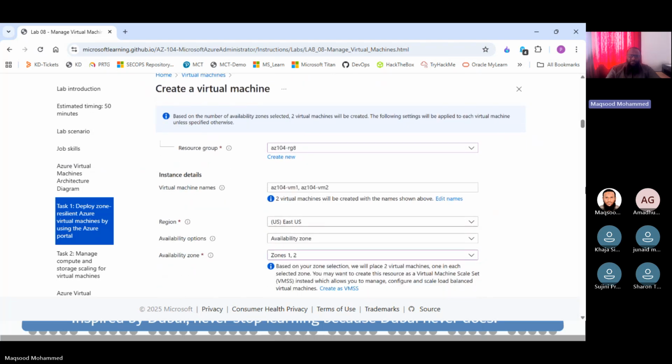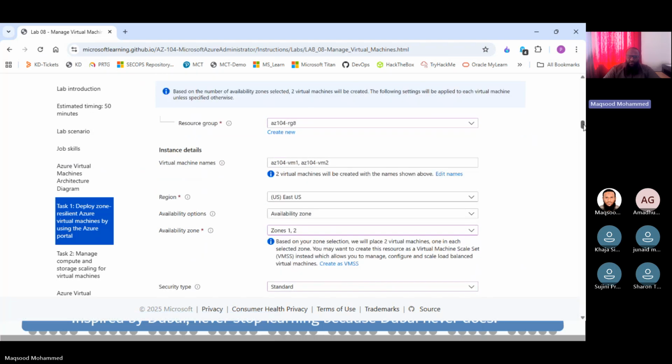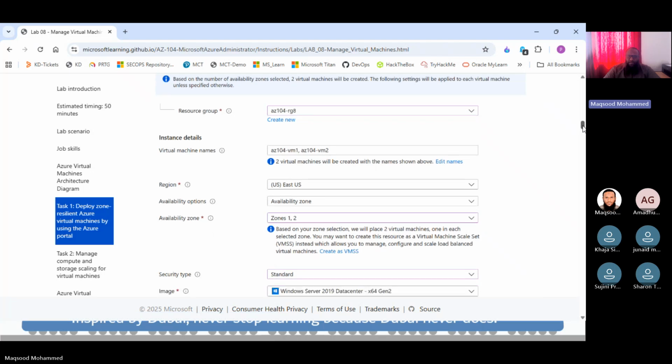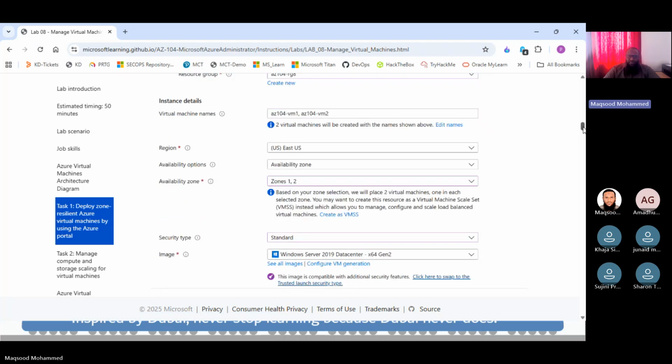So now it looks like based on the number of availability zones selected, two virtual machines will be created. The following settings will be applied to each virtual machine unless specified otherwise. So now it is telling you for each virtual machine what configuration will be applicable. So the VM name, yes, it has to be unique because you can't have two virtual machines running with the same name. It has created and suggested two virtual machines with different names. And we have selected the region, we have selected availability zone, and we are deploying these virtual machines in two